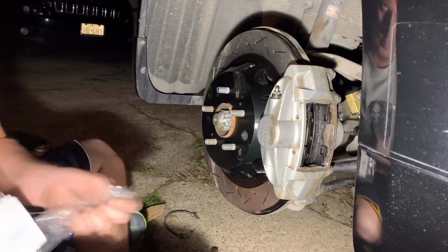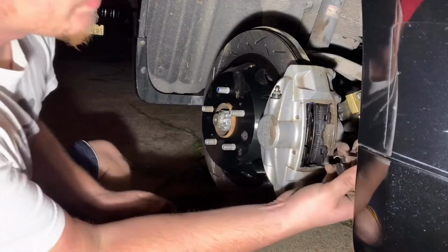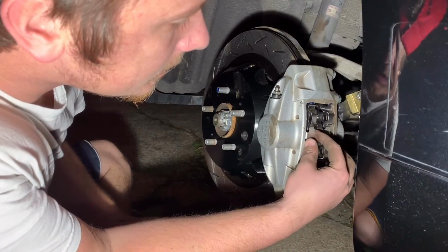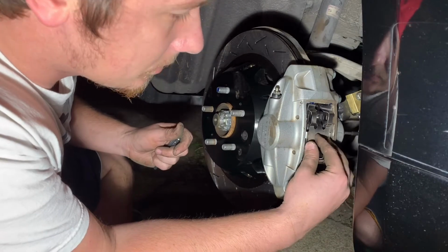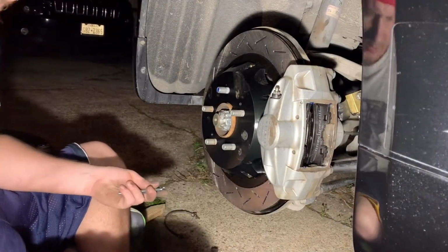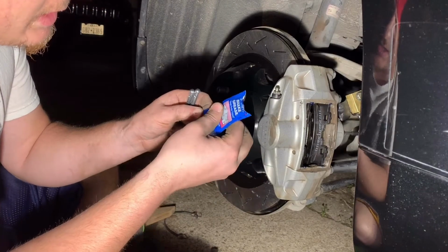So the first one, just gonna stick just right in here, and that's how it's gonna rest. So it literally just sits here. So what I should do, and what I should show you to do, is take, it's a good idea, and